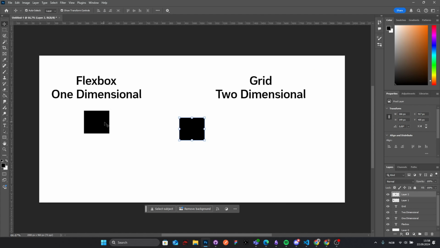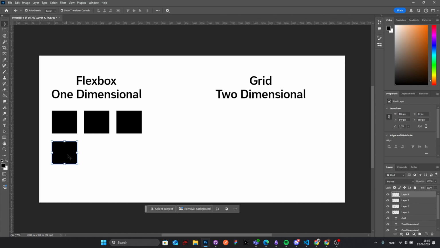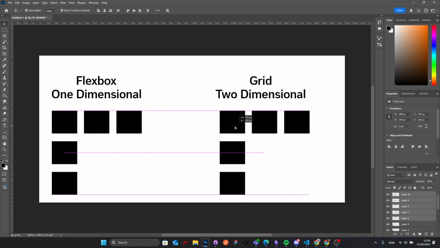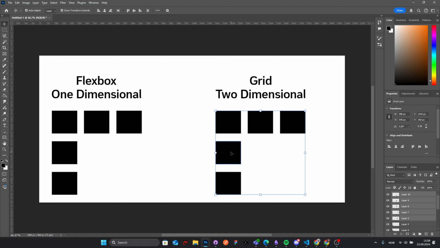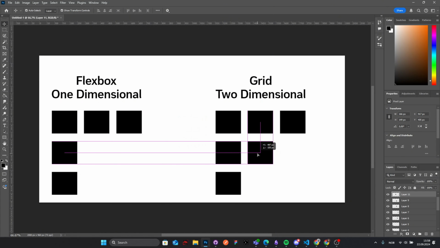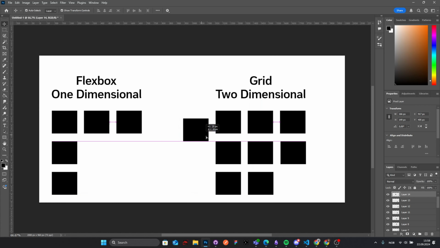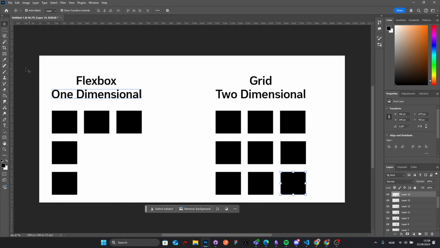If you're using Flexbox, it's going to be like this. And with Grid, okay, so basically